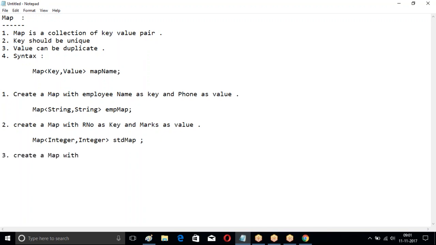Create a map with account name as a key and annual revenue as a value. Map of String, annual revenue is